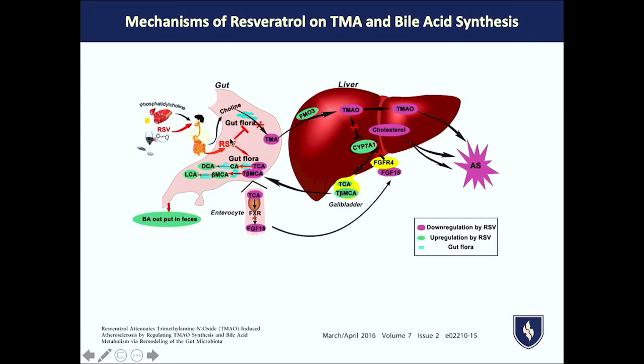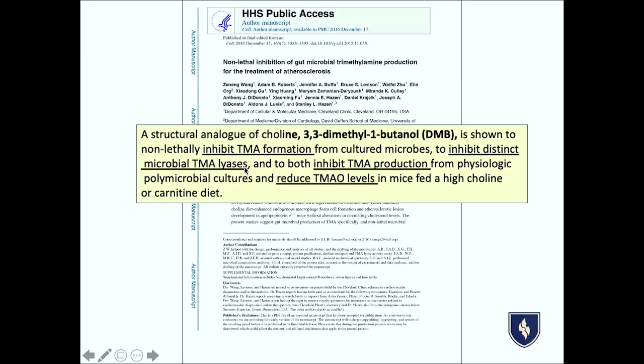But resveratrol also has this ability to downregulate the TMA lyase in gut flora. So there's less TMA produced, eventually leading to less TMAO and AS, which stands for atherosclerosis. So resveratrol directly impacts the gut flora and has an impact on those TMA producing pathways. Other studies have found